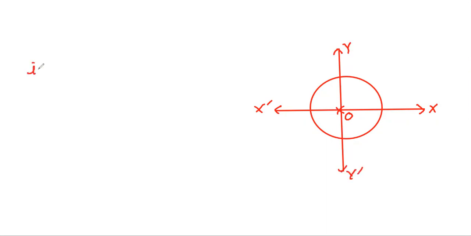Now the center of the circle will be at the origin O. This is X dash, and this is Y dash. If the origin is the center,